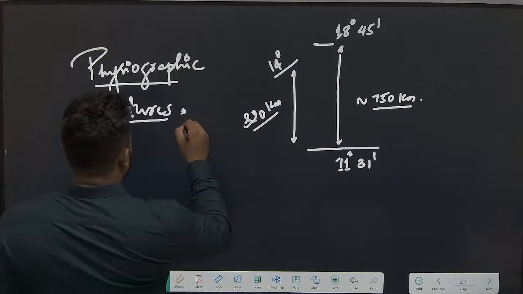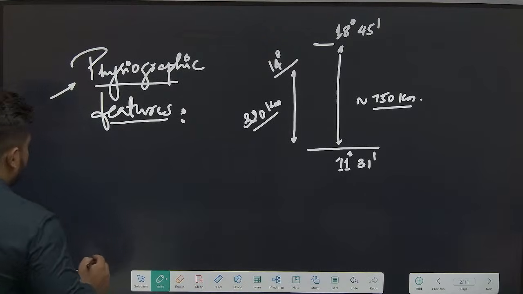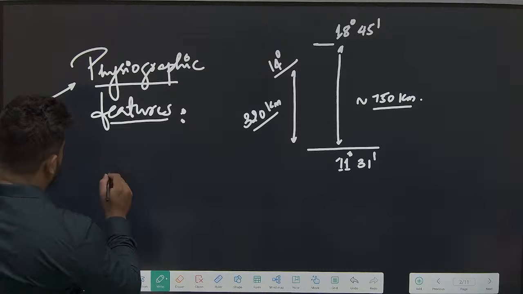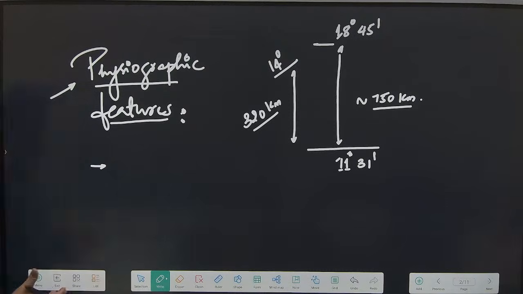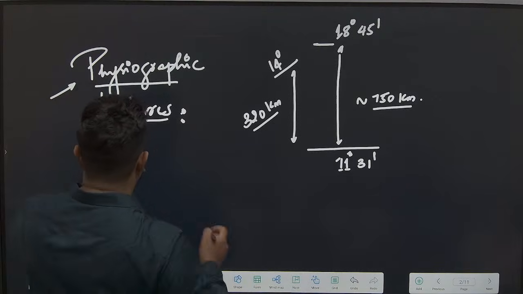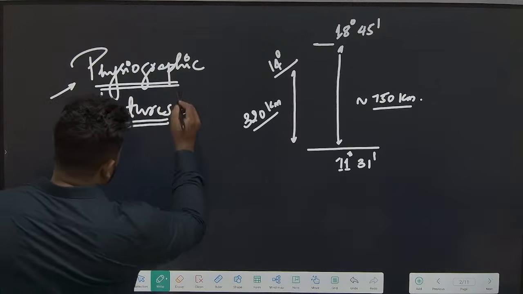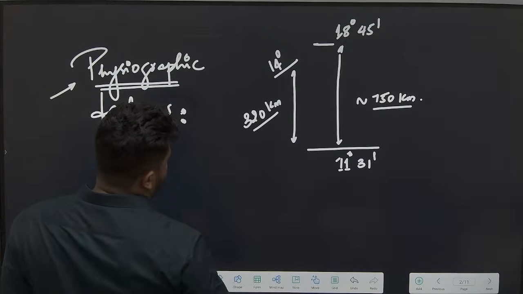So how many physiographic divisions is Karnataka divided into? Generally, geographically, physiographic divisions would be divided in the form of chronological categories. Did I tell you this? If you have not attended the classes conducted over here, it's still all right, but you have to go through a particular sequence in order to understand geography better.